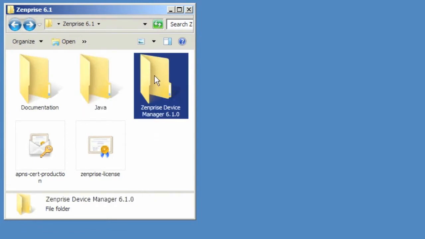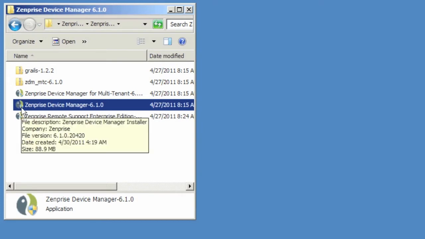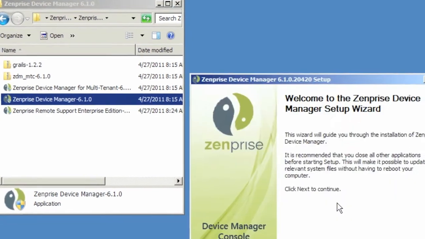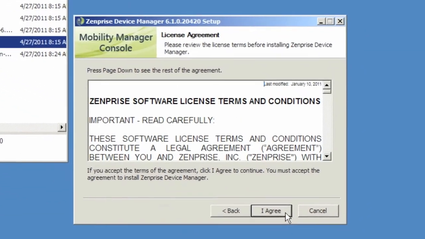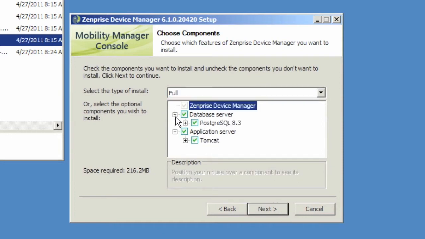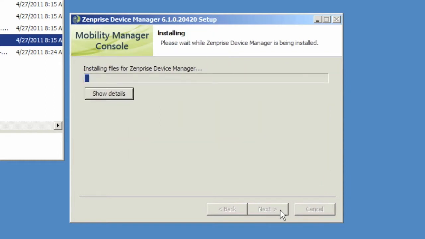Go ahead and open up the installer payload that you already downloaded, and double-click the Zenprise Device Manager 6 installer. The Zenprise Device Manager install wizard will walk you through all the necessary steps and prompt you for the files you'll need. Here you'll see the first step. We're going to install both the database and the application server. Go ahead and select the install for the default locations,